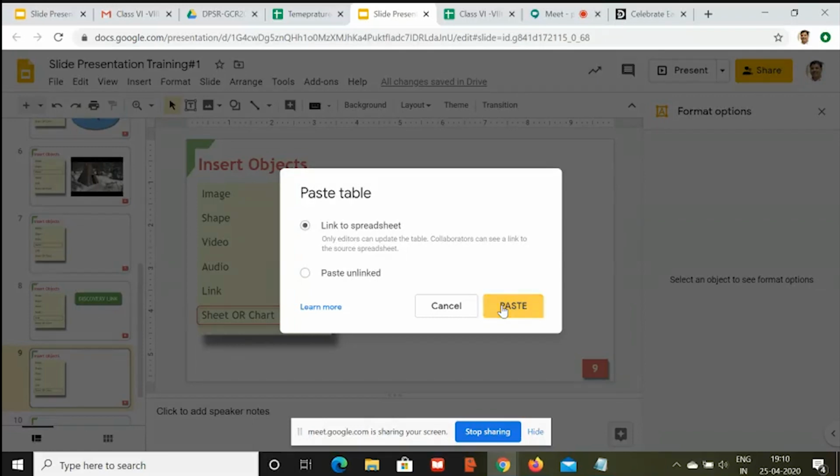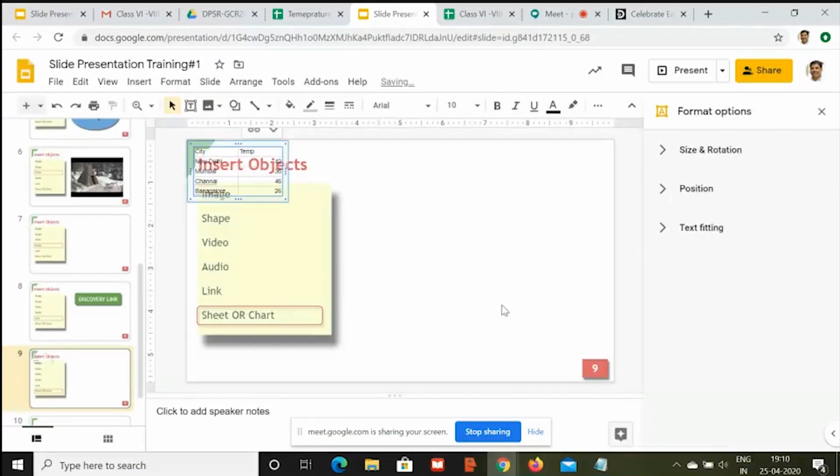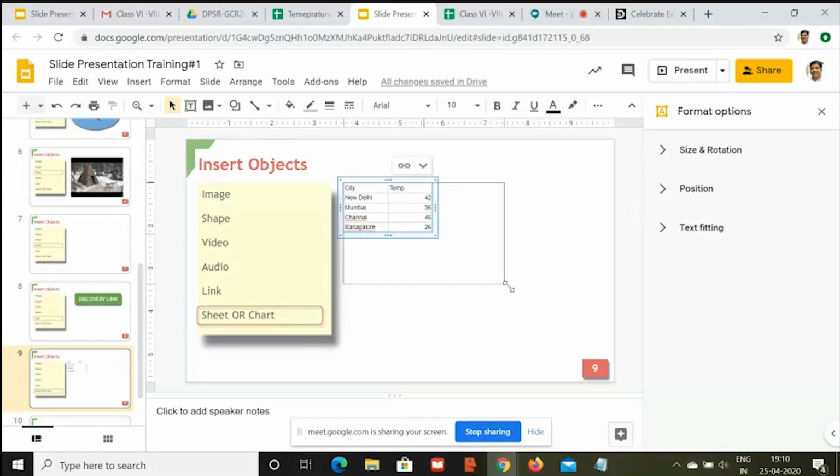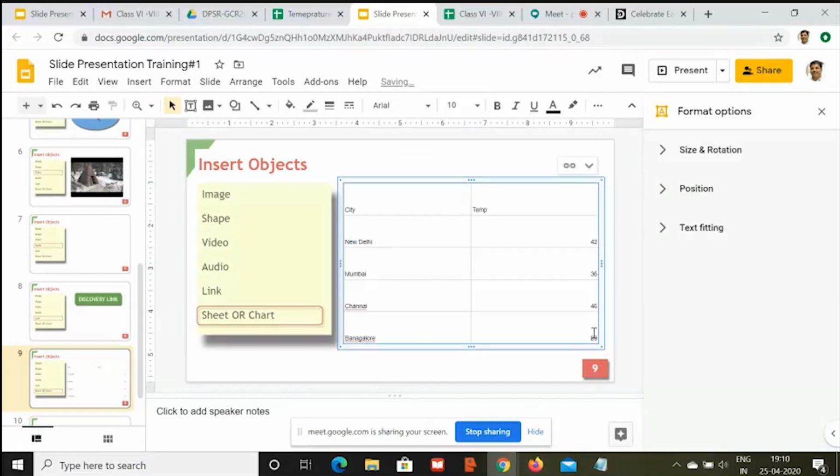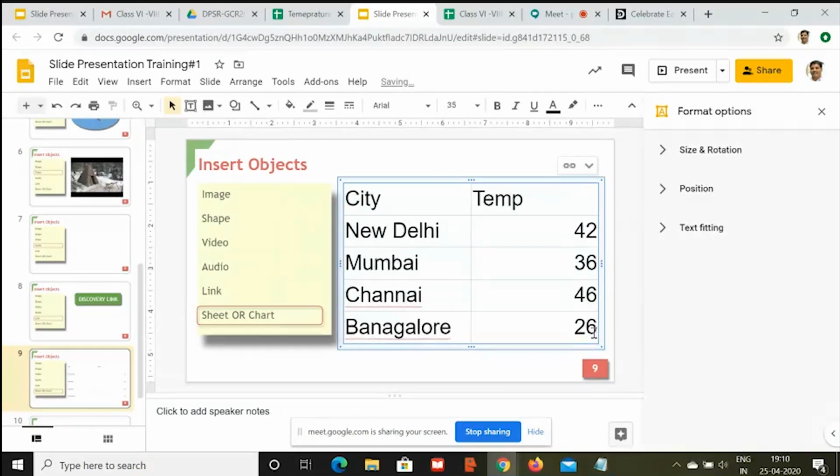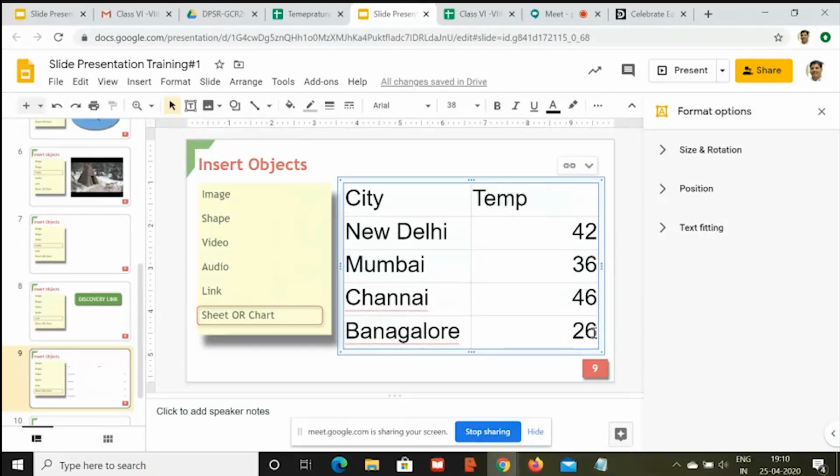So when I click on paste, what happens? Just see. This particular table has come to me, this form, and obviously this is too small to show. So I'll just increase the size of this, but the font size will not change. So what I will do, I'll change the font size manually here. Just see the temperature, and as well as that has changed.